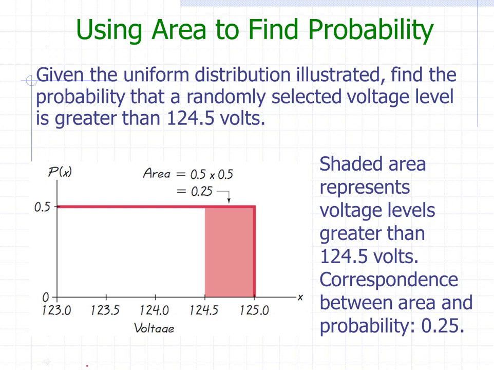And what happens is the area under this curve is 1. Well, it goes from 123 volts to 125 volts, which is a difference of 2 volts. So the height of our curve has to be 0.5 because 2 times 0.5 equals 1. But now it says find the probability that a random variable will be greater than